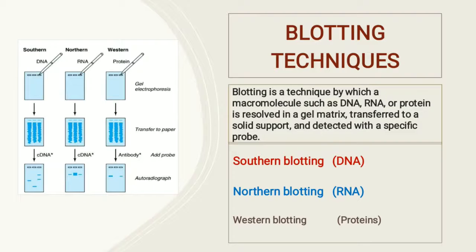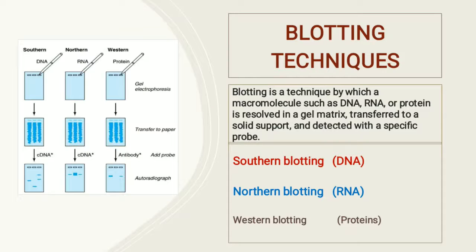In this video, we will talk about the different blotting techniques that are used to detect your macromolecule of interest from a mixture of that particular macromolecule, for example, DNA, RNA, or protein. So if you want to detect your target DNA from a mixture of DNA, you will use southern blotting. If you want to detect your target RNA from a mixture of RNA, then you will use northern blotting. And if you want to detect your protein of interest from a mixture of protein, then you will use western